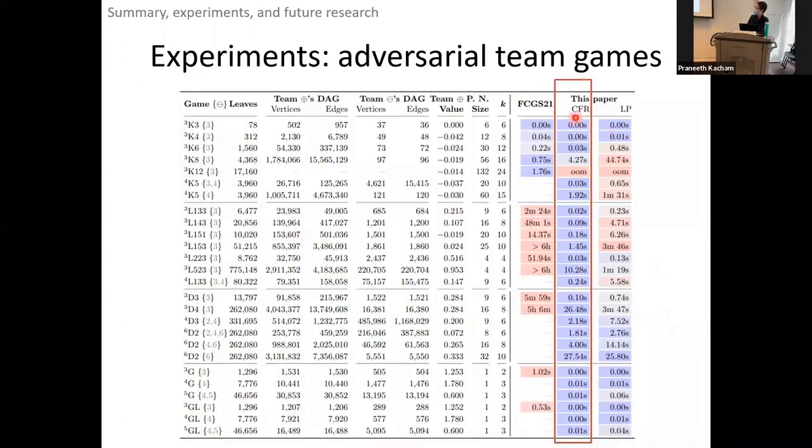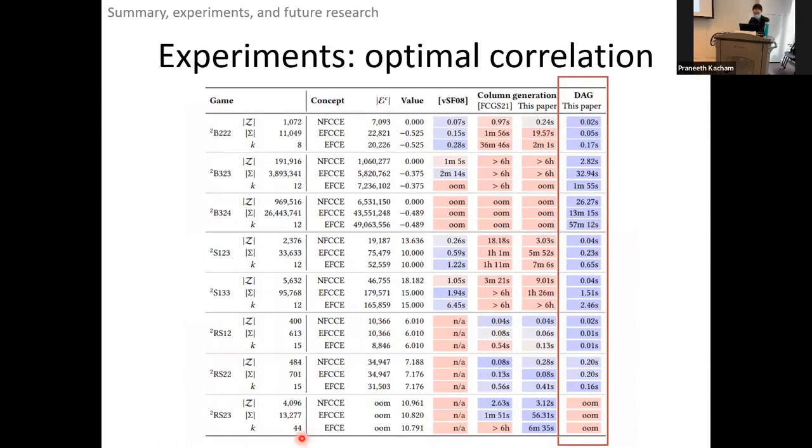You should focus on this middle column here because this middle column is our new algorithm, and as you can see, on these small games that we were testing, it blows everything before out of the water, except on this game here. And you can guess what is happening in this game here, or you can look a couple columns to the left. K is big. So what do you expect? And in optimal correlation, we get a very similar story. The moment K gets too big, we fail, but before that, we are very fast.